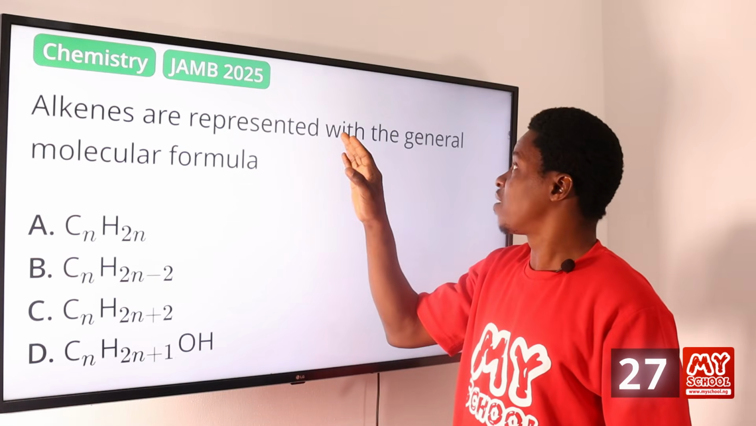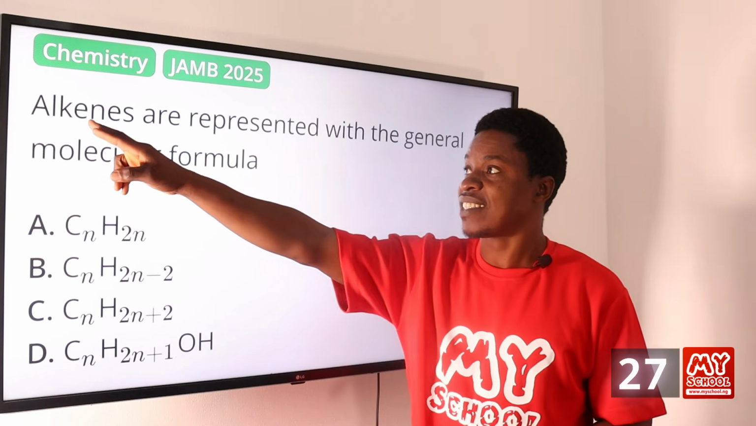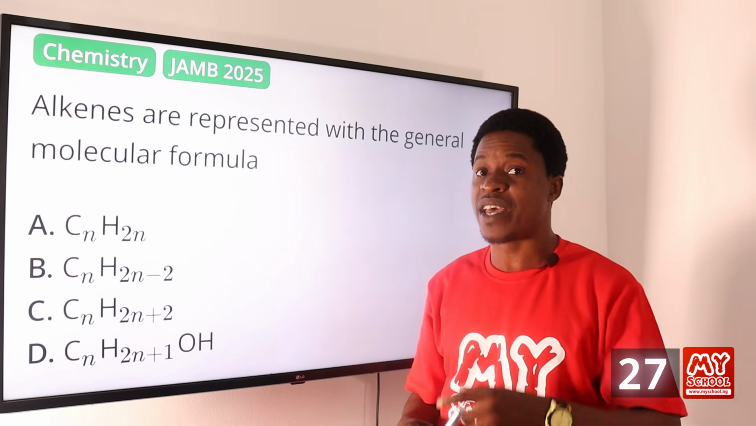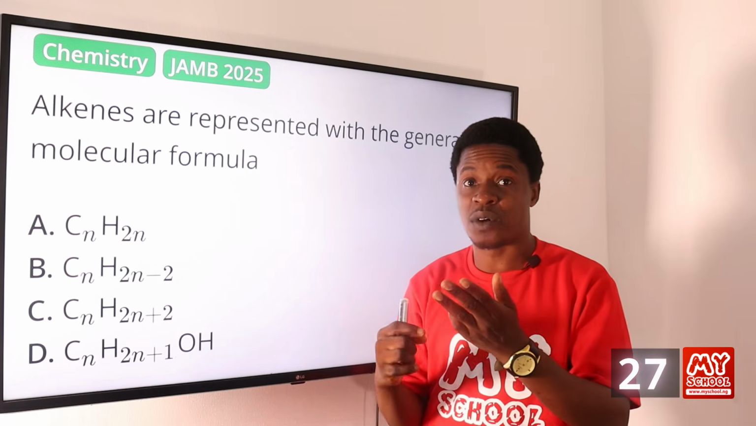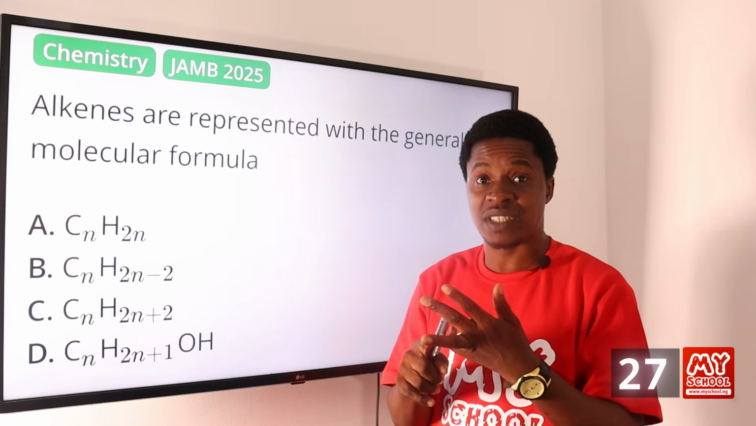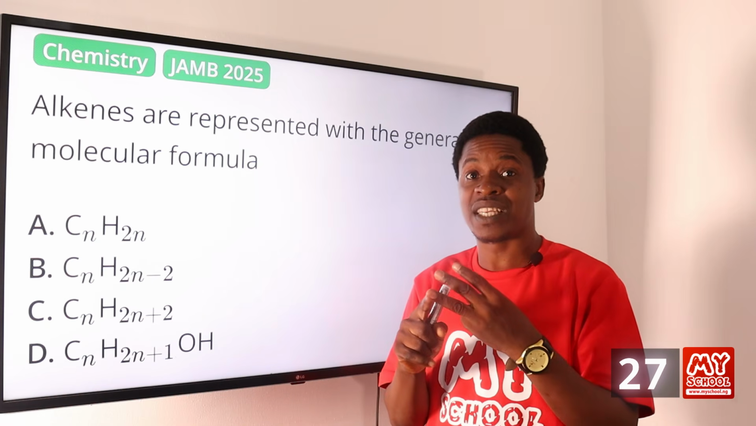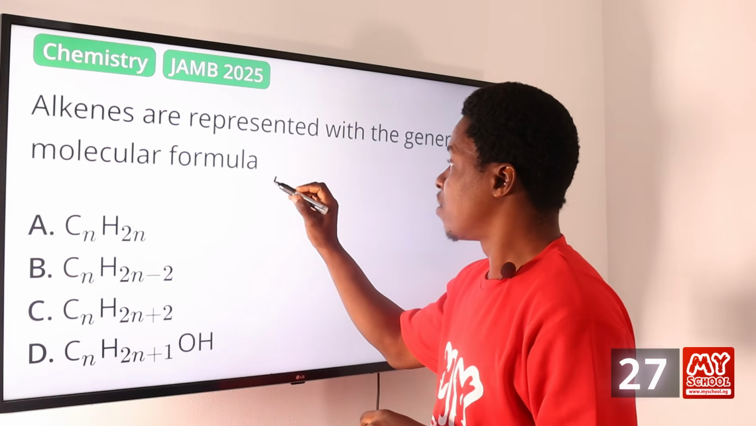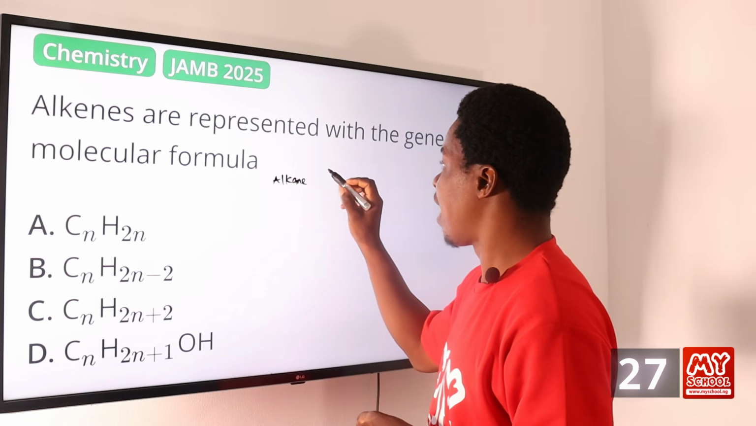Alkenes are represented with the general molecular formula. Now don't forget that alkenes are the unsaturated hydrocarbons. We have the three common hydrocarbons, which other derivatives are from. We have the saturated hydrocarbon, and then we have the unsaturated hydrocarbons, okay. The saturated hydrocarbons are the alkanes, which have the ANE, and they have the general formula